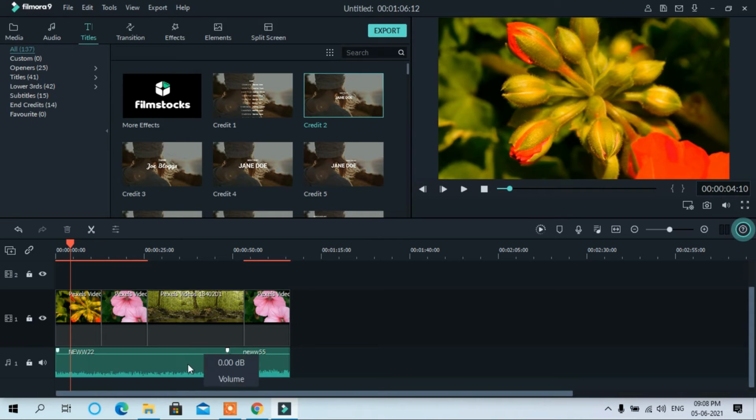You also have here this line, which is about the audio. You can move it up or down. If the sound is too high, you can reduce it here, or if the sound is too low, you can increase it by using this.